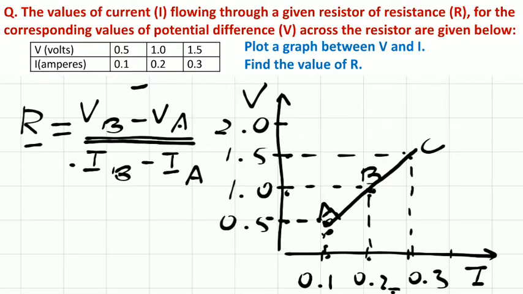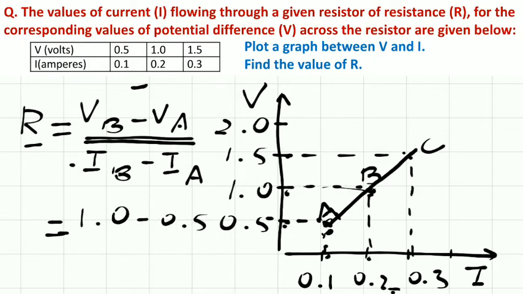Now put the values of them. The value of VB means at the point B, the value of V is 1.0. So this is 1.0 minus VA. At the point A, the value of V is 0.5. To put the value